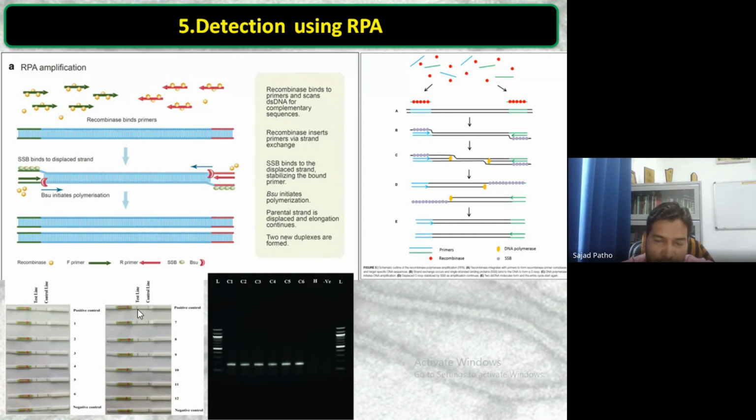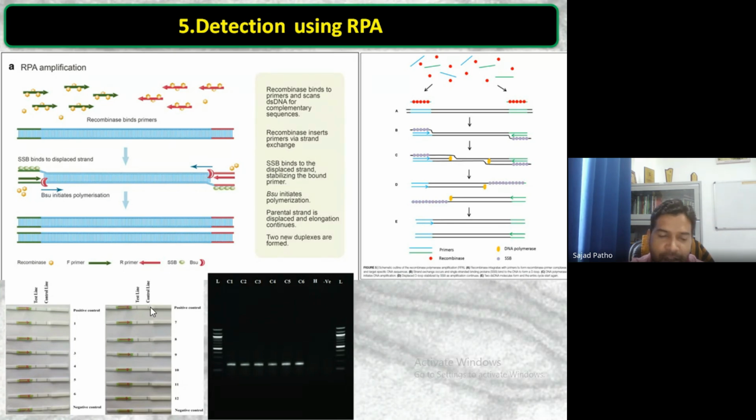But if the test line shows negative and the control line shows positive, that means the pathogen is not present. If the test line shows the positive color and the control line doesn't show the positive color, that means our test is wrong. The control line should always give a positive result because it's a control. It's a control pathogen, a control virus, a control bacteria. So we have already put in, for example, I will take the example of APNMV,